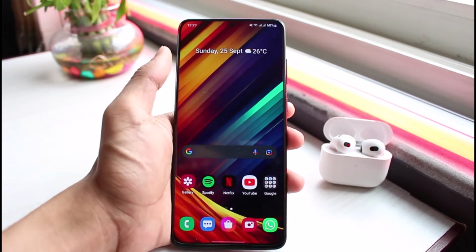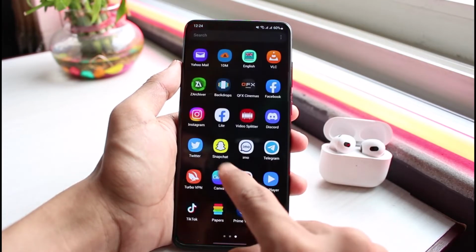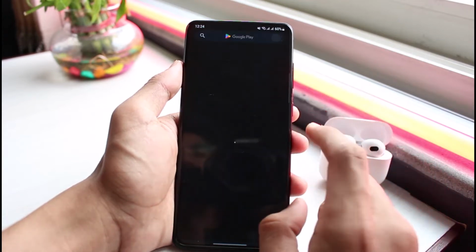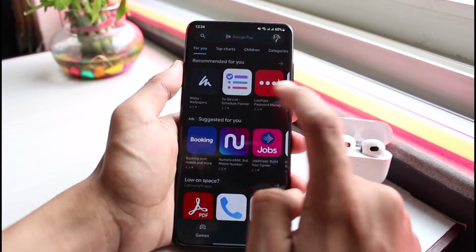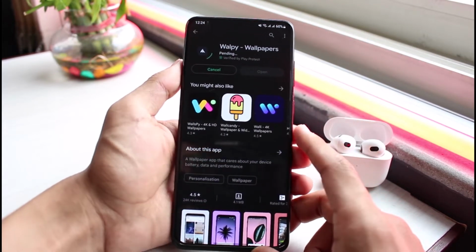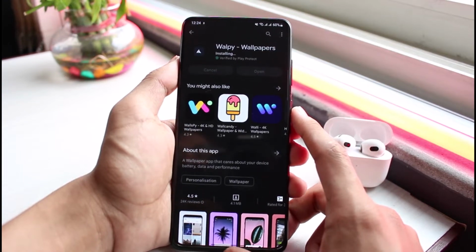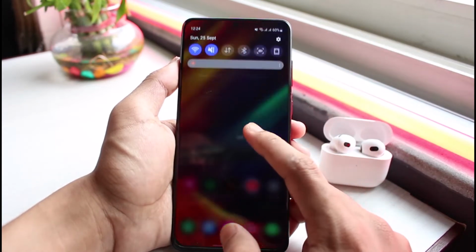So sometimes the issue seems to be that, let's say you're trying to open up Google Play Store or any type of app store which you have, and whenever you're trying to download the apps, it says that it's not able to download that particular application. So if I go ahead and download it, sometimes it gets stuck on pending or just some kind of issues like that. So in order to fix that, what you want to do is first of all simply make sure